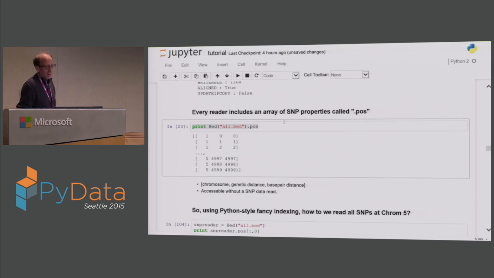We can just look at it. Again, you can get this without having to read all the data. Yeah? Pandas in